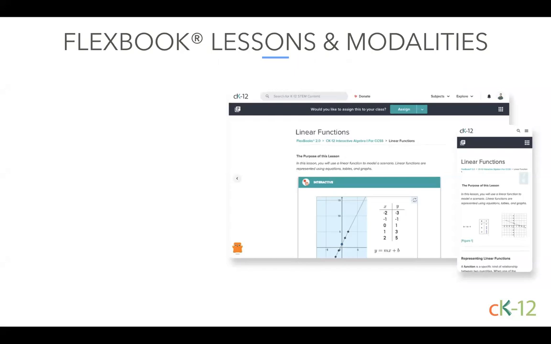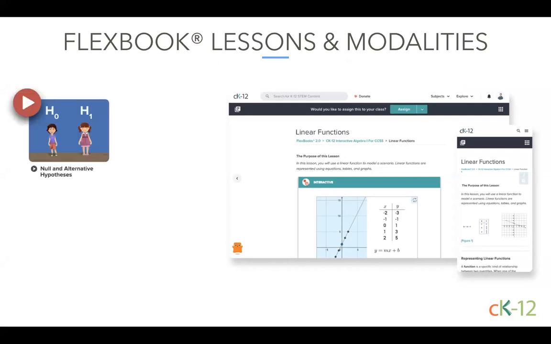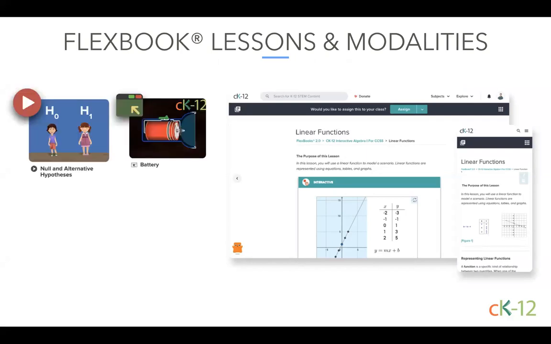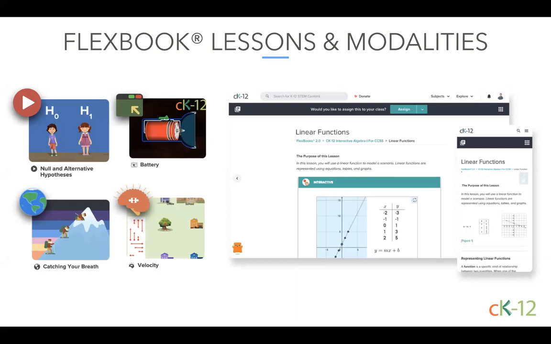Our newest FlexBooks 2.0 lessons include text that often has embedded multimedia and inline questions, and corresponding practice or customized quiz. Other assignable resources, which can be found in the related modalities for a 2.0 lesson, or even assigned individually across our site, include videos, simulations, Clicks interactives, and real-world applications.